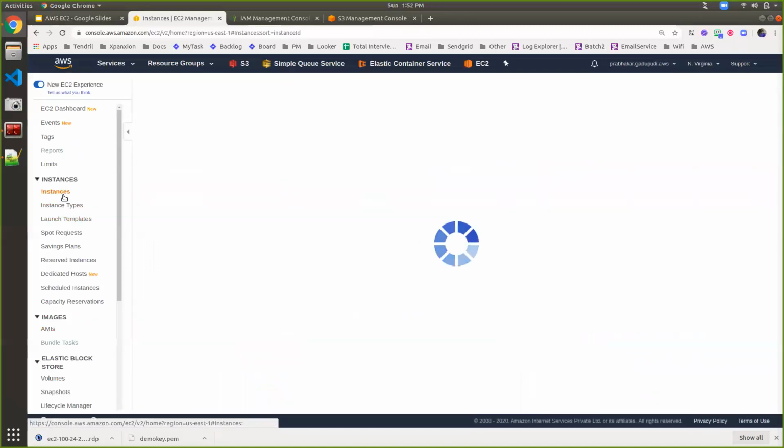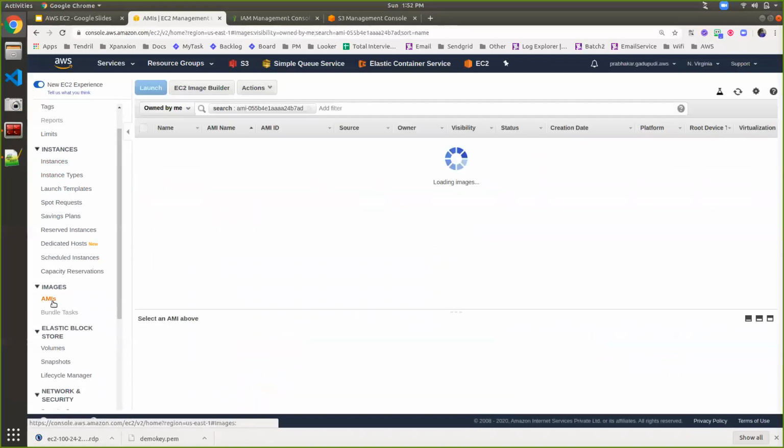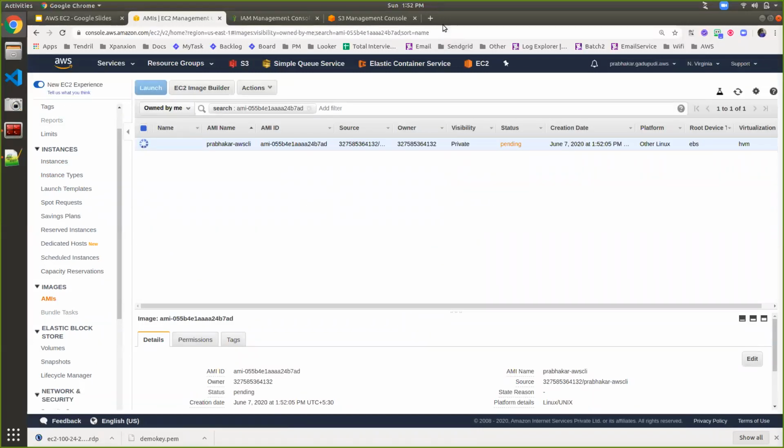So here is my instance, and here is my Amazon machine image. This image is being created, so let's wait for that. Now I have created an image, and this is my image, Prabhakar AWS CLI, created from the existing pre-configured AWS CLI instance.